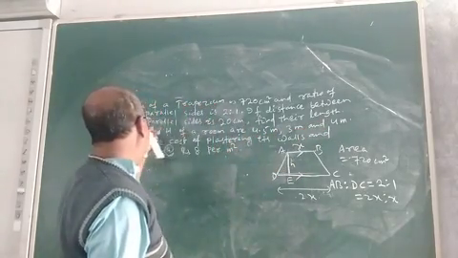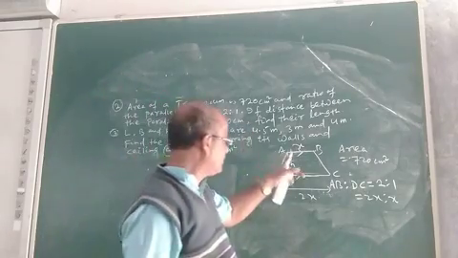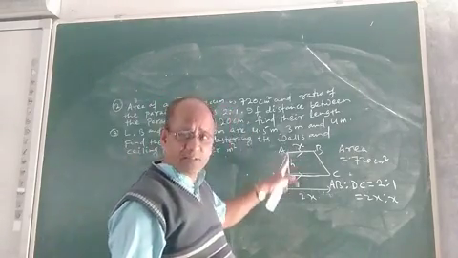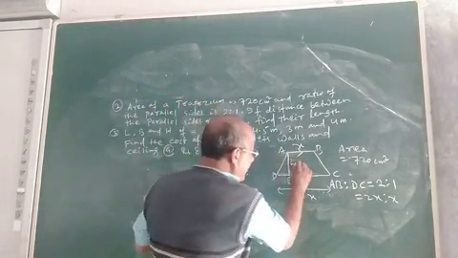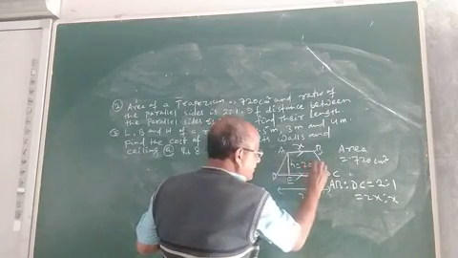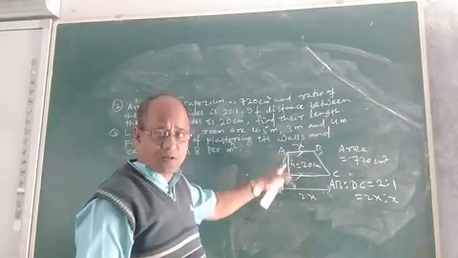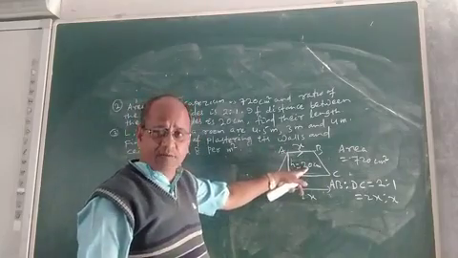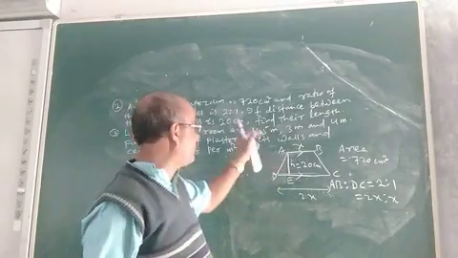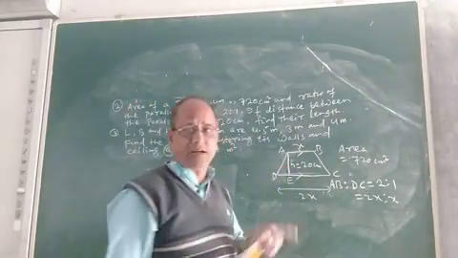And what is given? The distance between the parallel sides. Which is the distance between the parallel sides? It is the altitude, and it is given as 20 centimeters. The distance between the parallel sides, which is called the altitude or height of the trapezium, is given. And what we have to find out is the length of these two parallel sides.